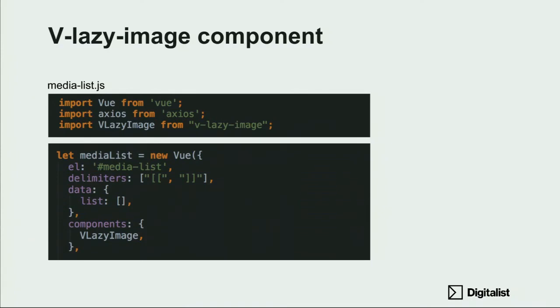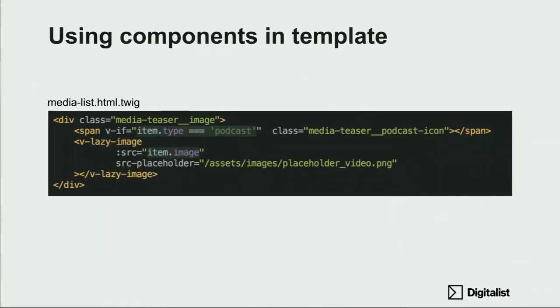So again, using npm, I find this lazy image component. I can just import it into my JavaScript file, and the only other thing I need to do is to make sure to let my Vue.js instance know that I'm going to use this component in this case. And I do it down there. You can see I'm defining the components. So all of the components that you will use in your instance, you define here. And when I've done